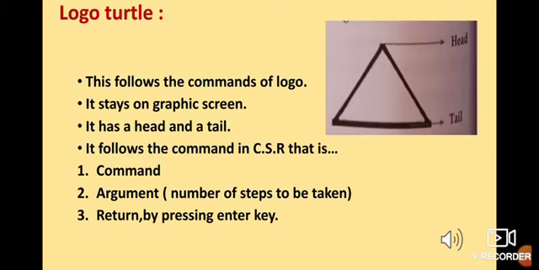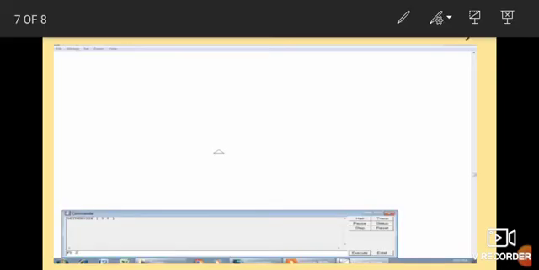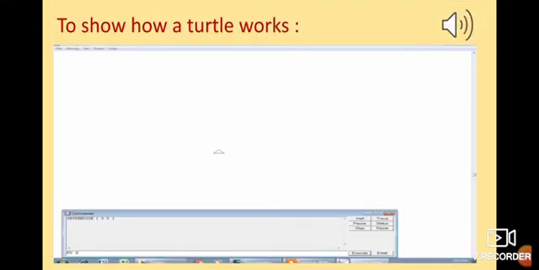This turtle is walking on the screen, so you have to tell it how many steps to take, and then you have to press Enter. It will act on pressing Enter, and this is how it works. In the next slide you will see a demo video which will show you how the turtle works.